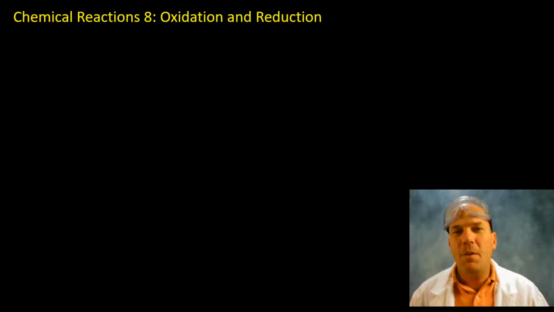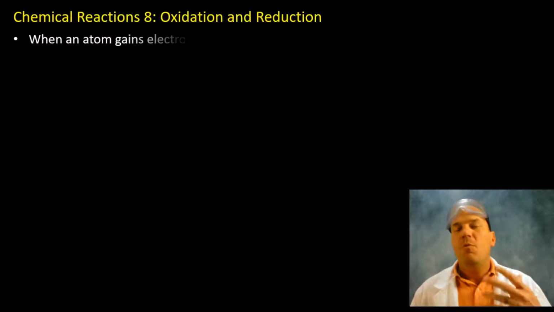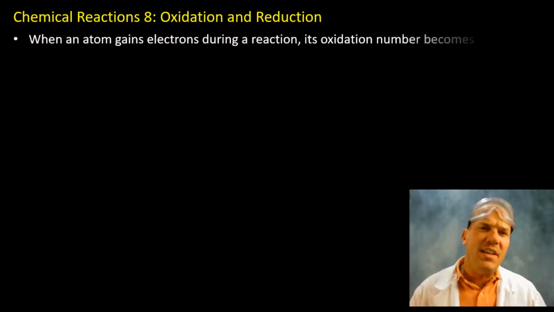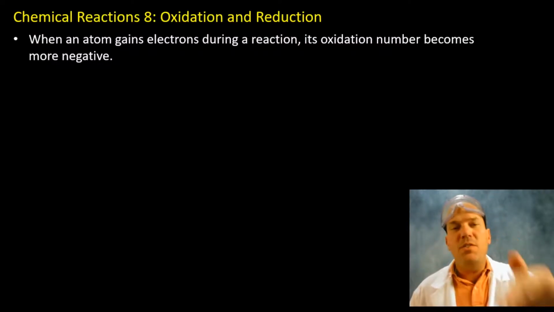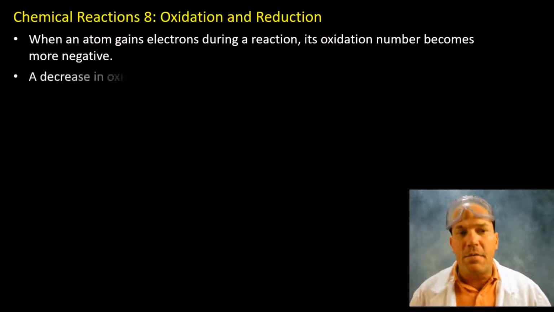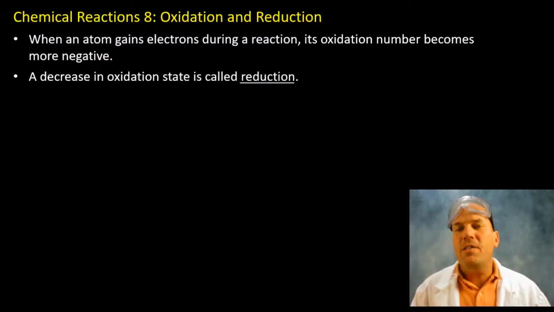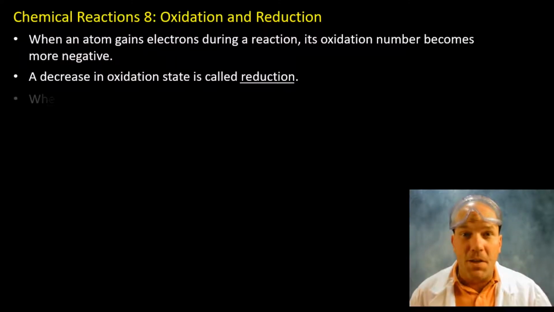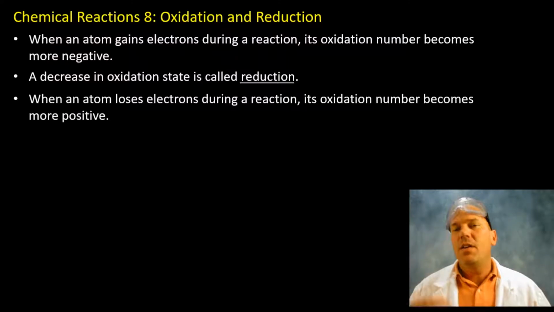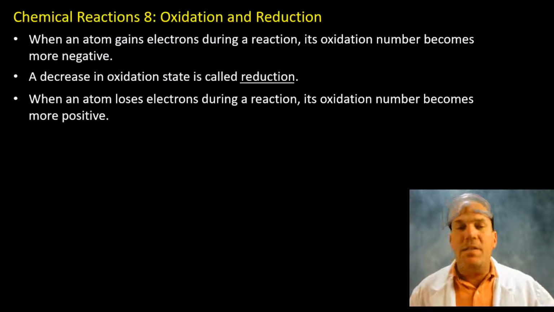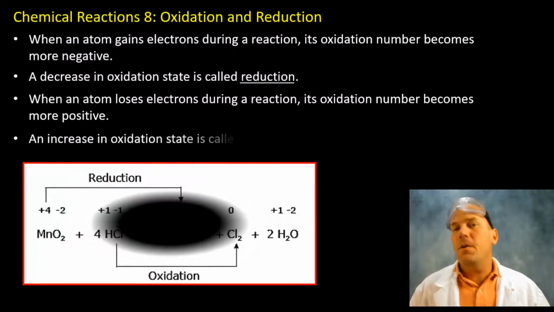In this video, I'm going to be talking to you about oxidation and reduction. When an atom gains electrons during a reaction, its oxidation number is going to become more negative. This decrease in oxidation state is referred to as reduction. When an atom loses electrons during a reaction, the oxidation number will become more positive, and this is referred to